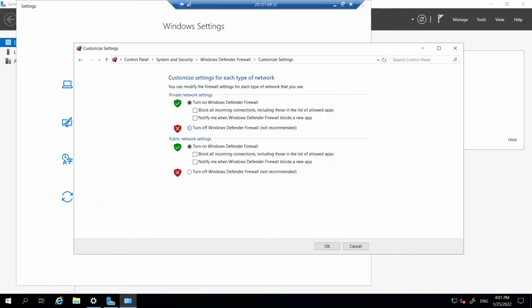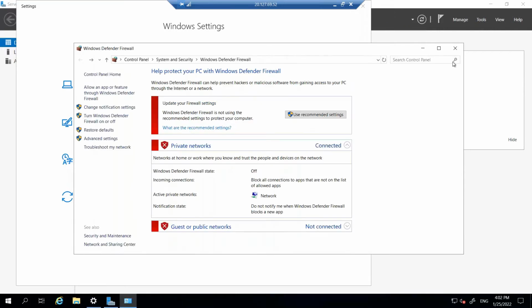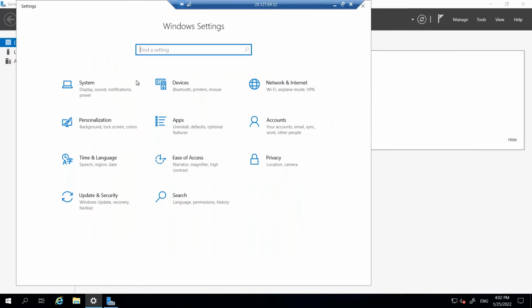And we'll disable both the private. Okay, now from the VM4 itself, let me try to ping VM3.